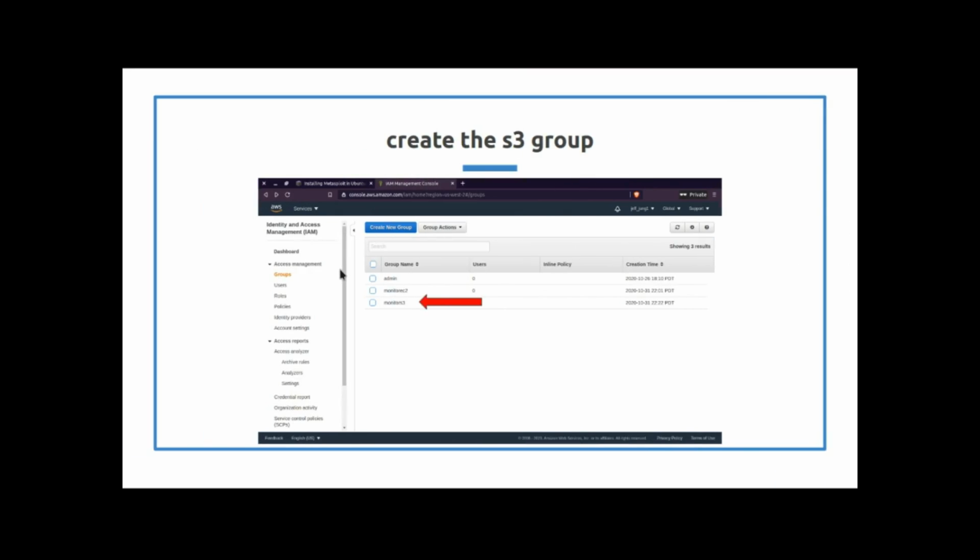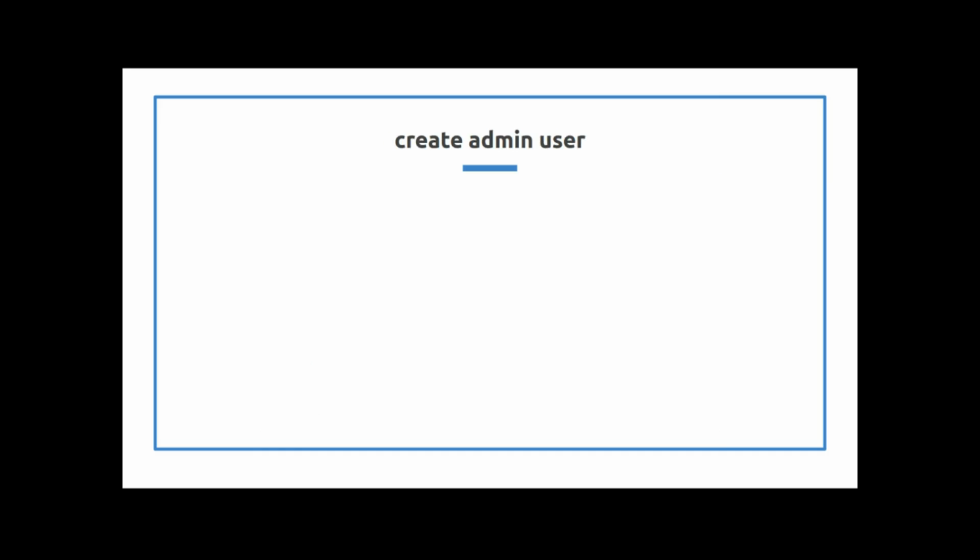So there you have it. Your third group is created. So that's the first step, is create the groups, and then you define what you want each group to do. So that's how you start out. You just figure out what you want people to access, and then you create a group based on what you want them to access. And then from there, you start making users and assign them to groups.